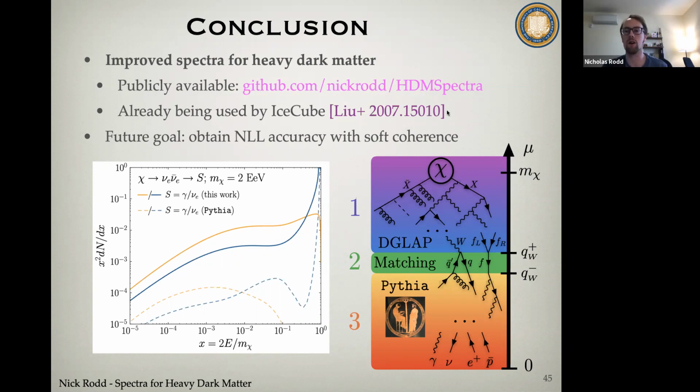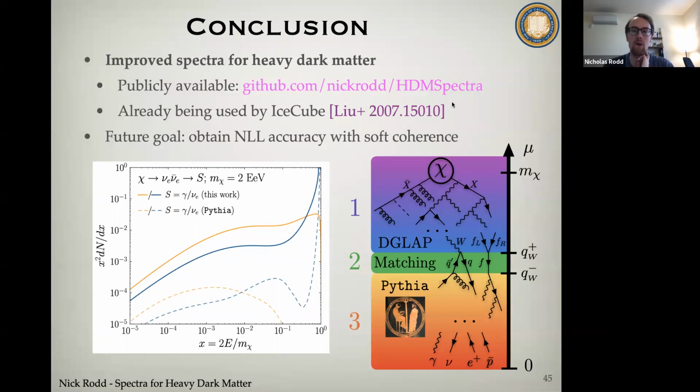I would refer to this if you'd like to see more details, but let's just say the EeV case, right? We know that IceCube is seeing neutrinos up to order a PeV. The reason I focus on the neutrino case is that for photons, you need to think about the propagation effects, which is another story, so let me not mention that here. But if you're thinking about the neutrino case, they've seen up to a PeV. That's 3 orders of magnitude down from the mass. And so it's really going to be this regime around here where their limits are coming from. And you can see that we have at least an order of magnitude more flux than they do here. And so you would predict at least an order of magnitude stronger limit, right?